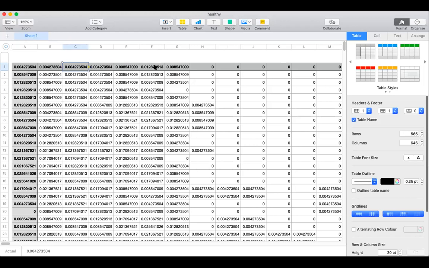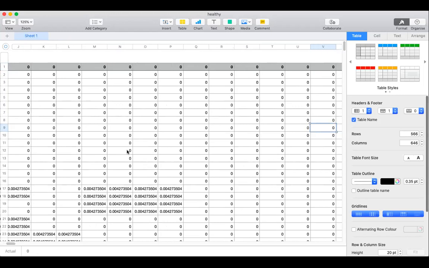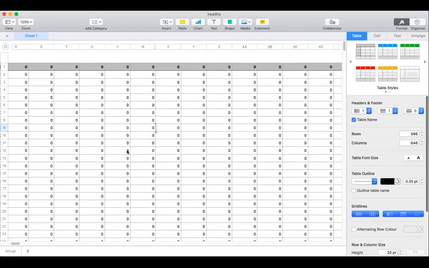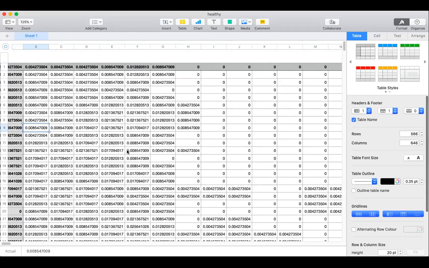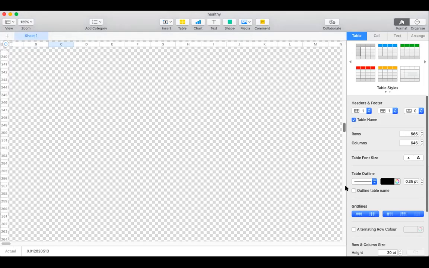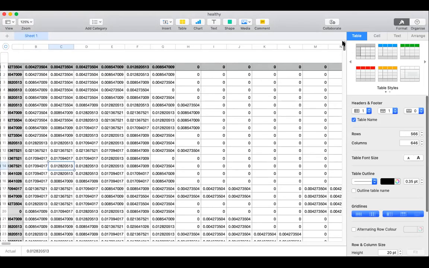The columns and rows all contain numerical data. This data has been created in the CSV file by converting the MRI image of the healthy brain. There are lots of columns and lots of rows. Let's see in R Studio how to use this file.